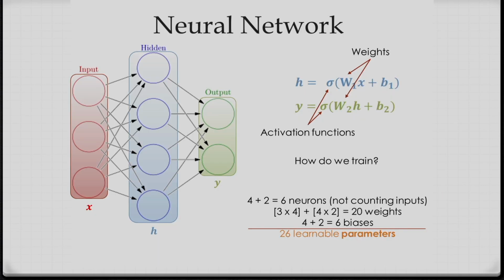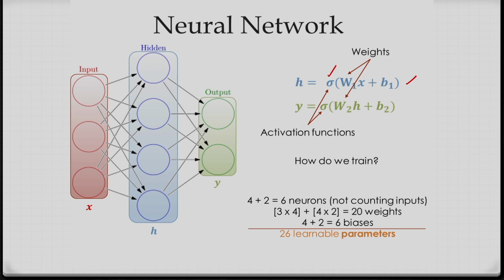Again I am considering another example here. You can see I am considering an input layer, a hidden layer and an output layer. In the input layer we have 3 nodes, which I am not considering now, in the hidden layer we have 4 nodes, and in the output layer we have 2 nodes, that means 2 neurons. Corresponding to the hidden layer, if sigma is the activation function, the output in the hidden layer is nothing but sigma of W1 into x plus B1. Here B1 is the bias terminal.